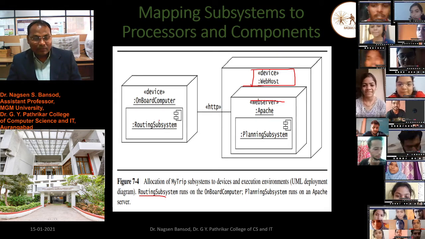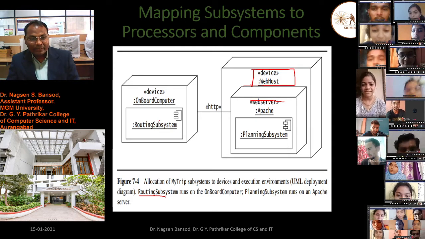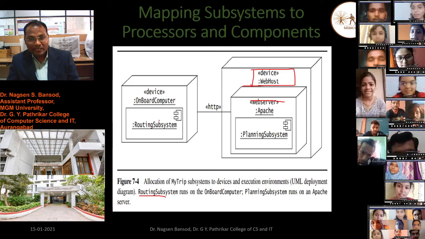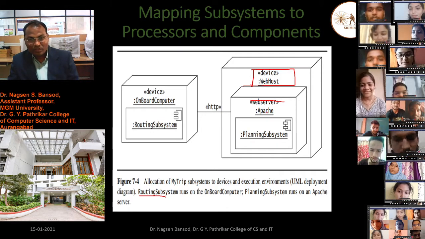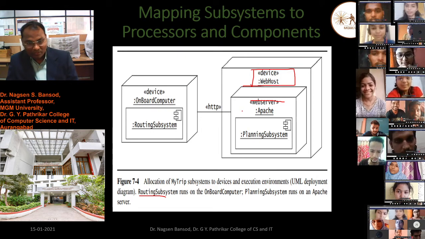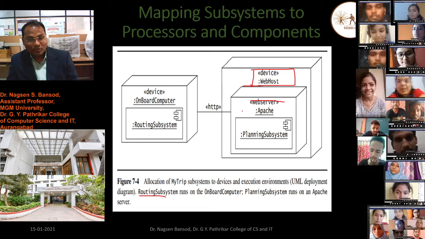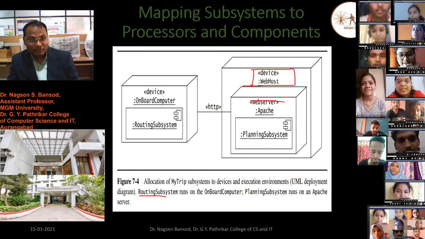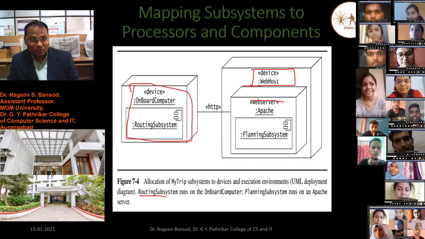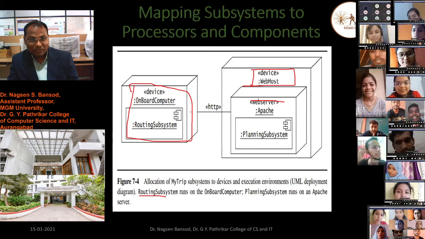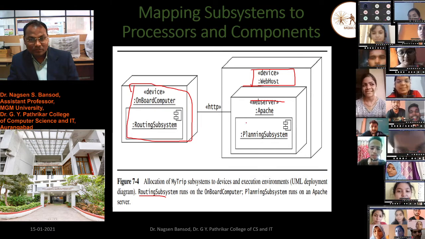In this diagram you can see the allocation of MyTrip subsystem to devices and execution environment. Apache is the execution environment, and the routing subsystem runs on the onboard computer.